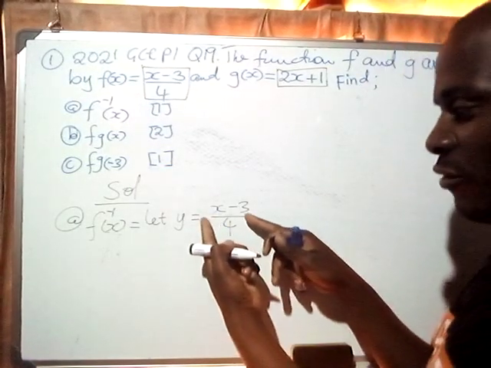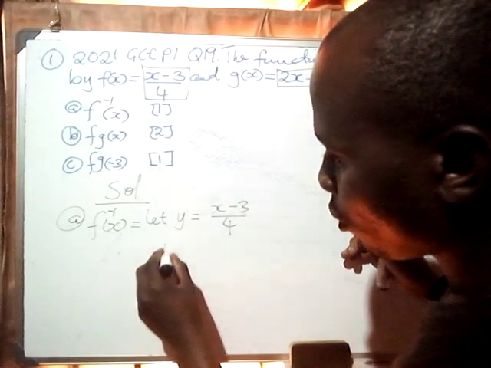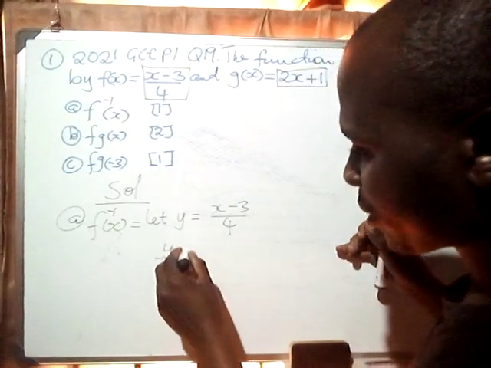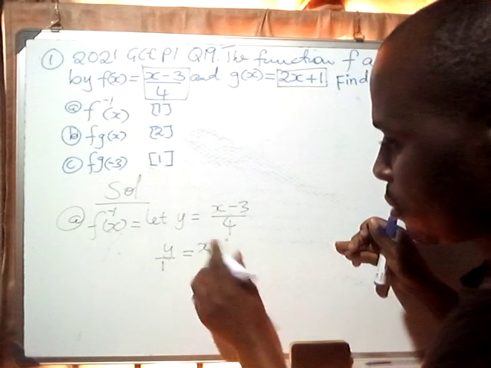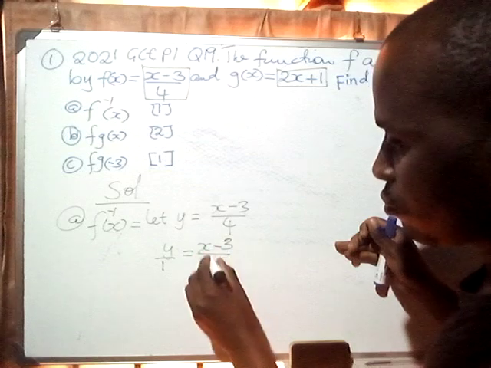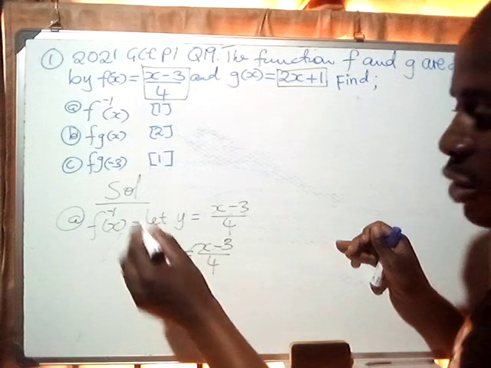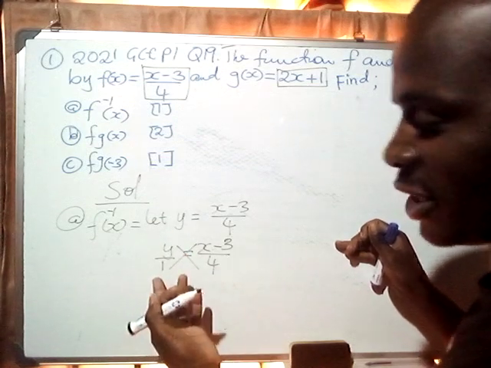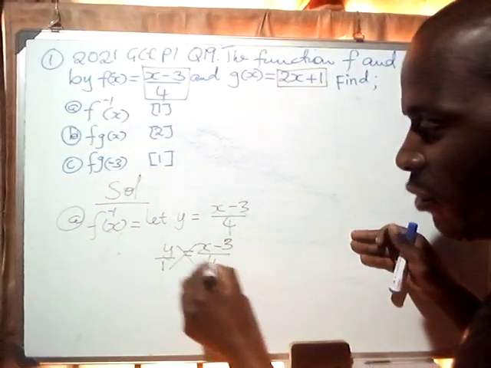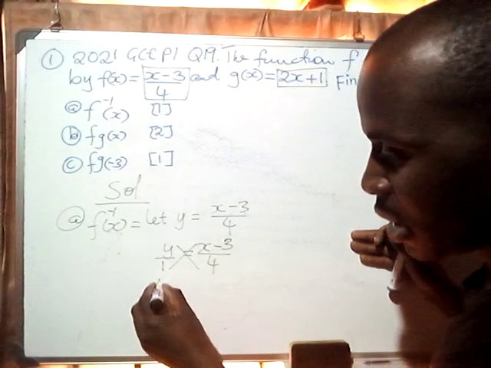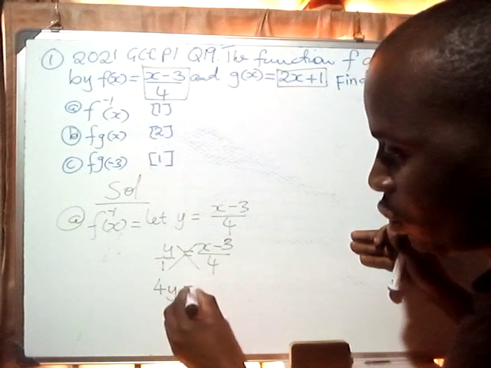So to get rid of this fraction, we have to make y also be the fraction. So if we let y be the function, it will be like this. Then you're going to cross multiply. This will be 4 multiplied by y. It will be 4y, which is equal to